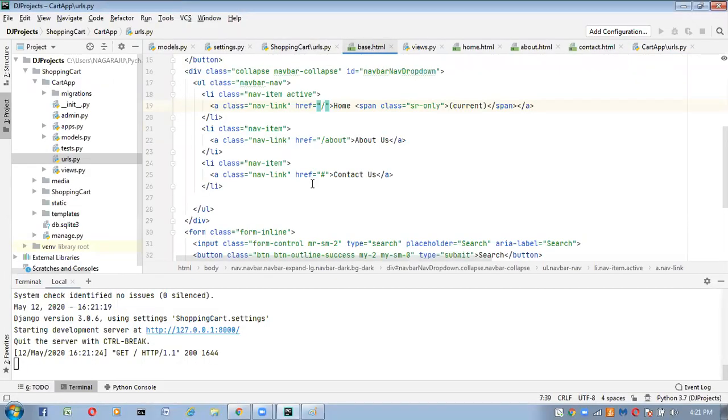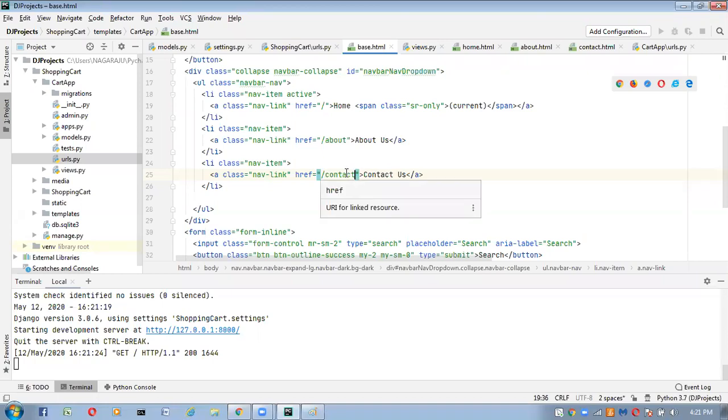Here we have to take that URL pattern slash contact, the same thing we specified inside the urls.py file. So here we have to provide this link, contact.